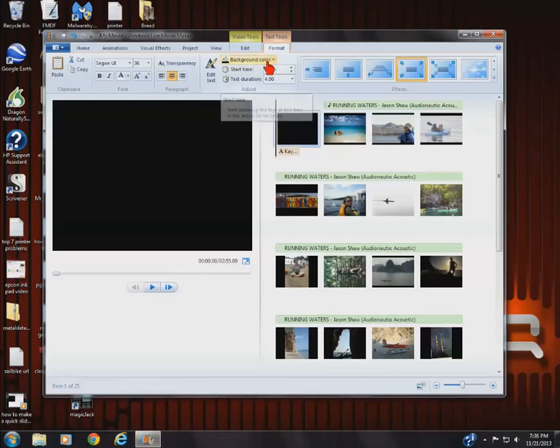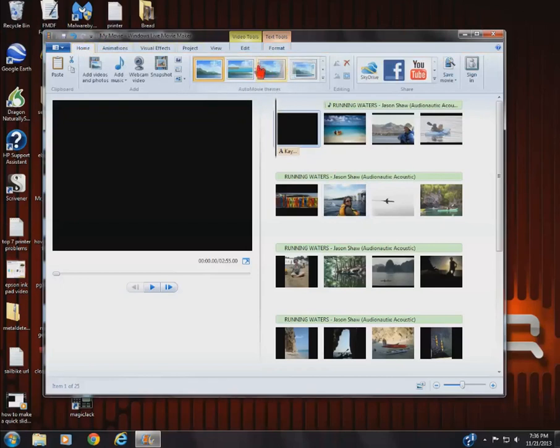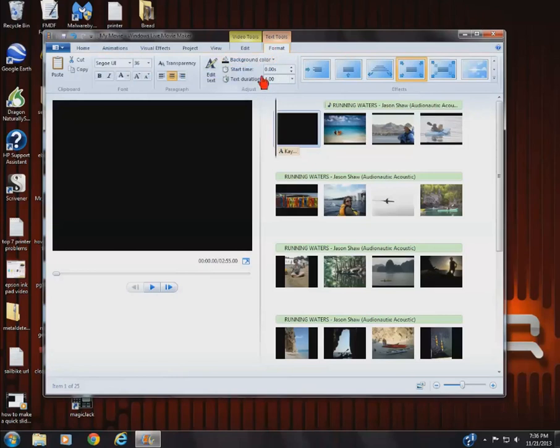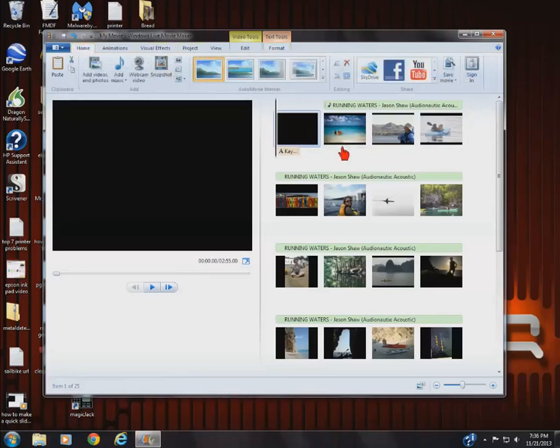Okay, now let's go home. If you ever get stuck and you want to start at the beginning, just go to home. Okay, now let's change the editing in between, or the transitions between the photos. Instead of straight cuts, let's go to projects up here. Actually, not projects, just the different themes.